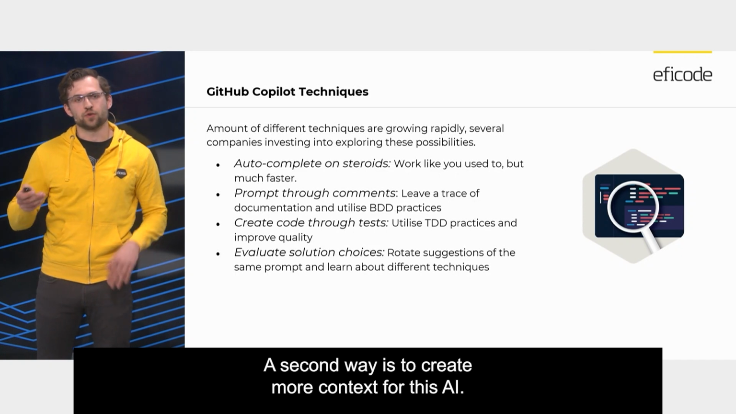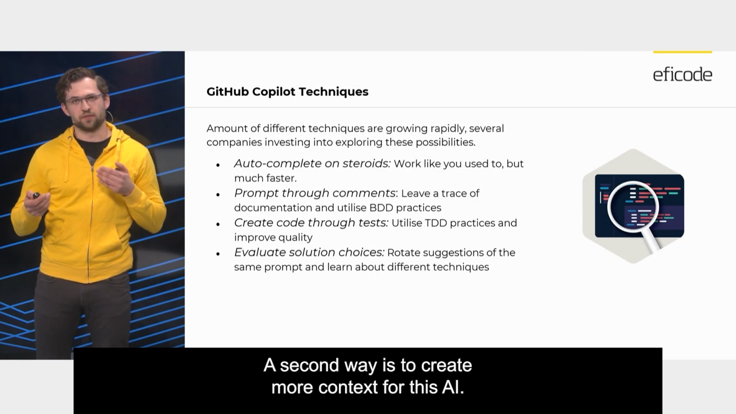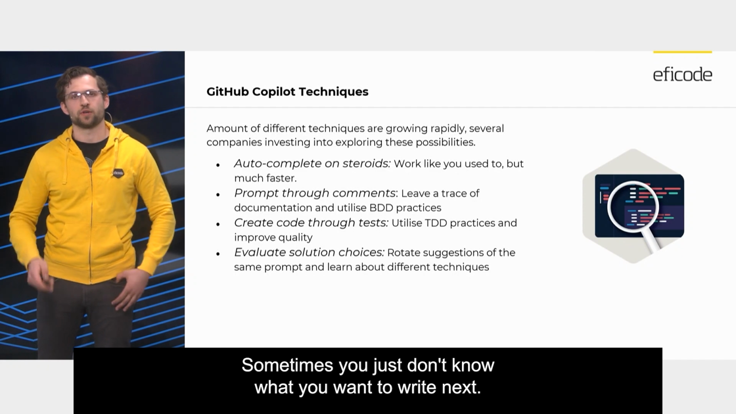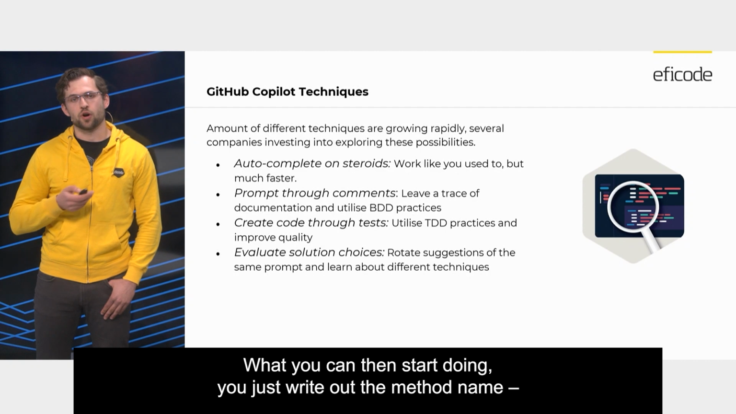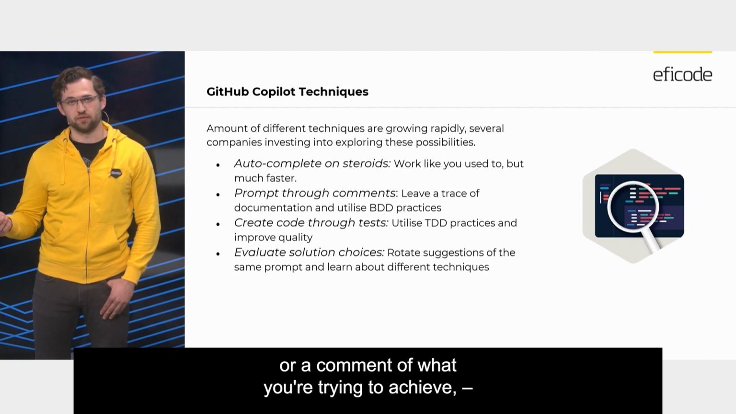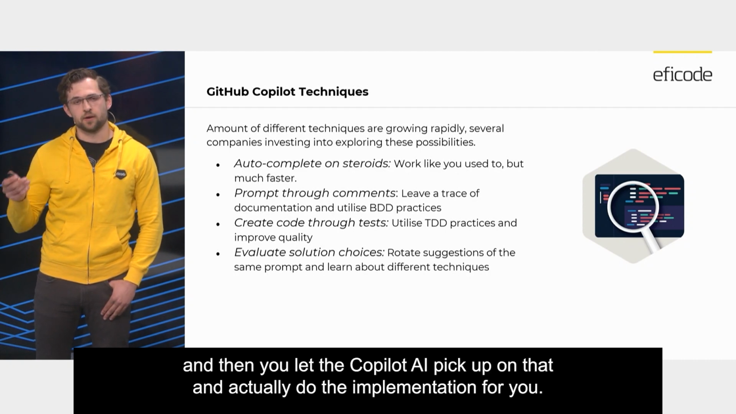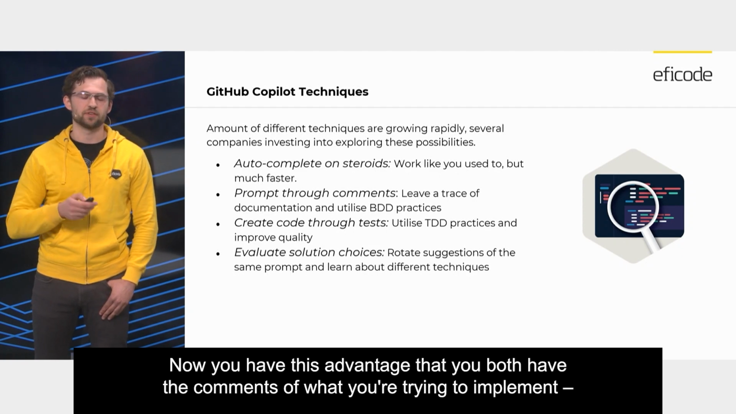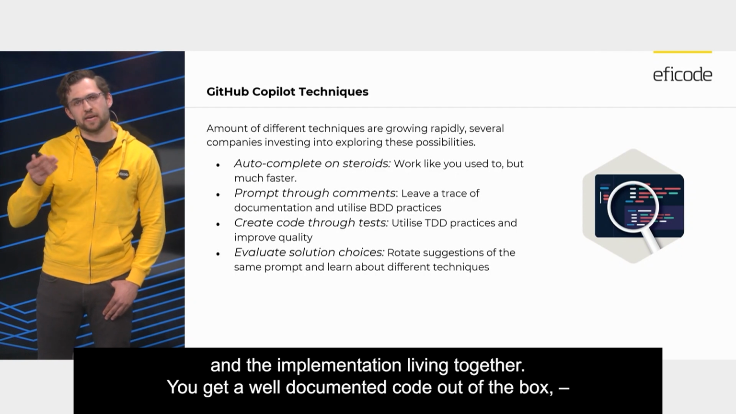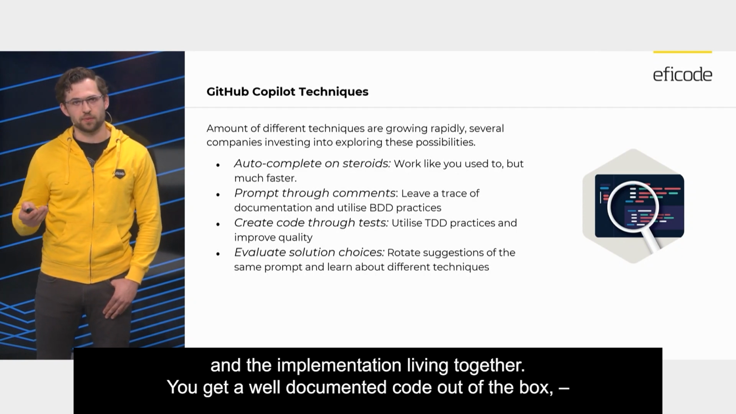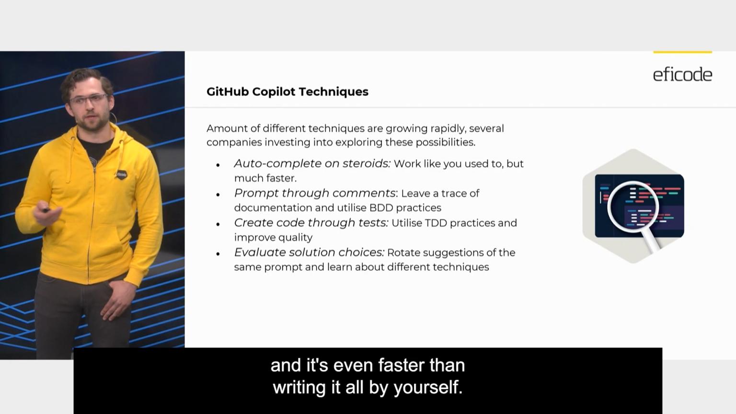A second way is to create more context for this AI. Sometimes you just don't know what you want to write next. So what you can then start doing is you just write out the method name or you write out a comment of what you're trying to achieve. And then you let the Copilot AI pick up on that and actually do the implementation for you. Now you have this advantage that you both have the comments of what you're trying to implement and the implementation living together. So you get well-documented code out of the box, and it's even faster than writing it all by